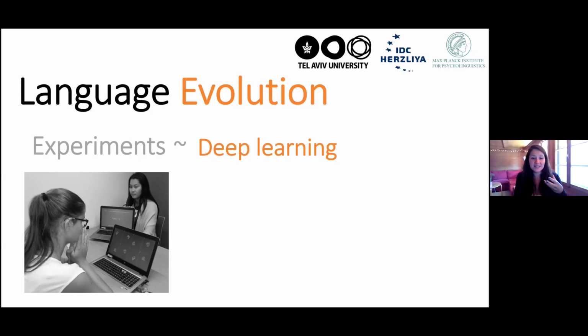It's very early stages of the project, and I'm just going to show you an idea. The idea is to develop a close model of participants' behavior, which will allow us to test for the first time how community size affects the language of converging AIs. I'm not going to reinvent the wheel. There's been a lot of work on deep learning agents communicating with each other and developing a shared language. That's not the goal. The goal is to develop a model that's really closely anchored and grounded in an experimental procedure that people did.